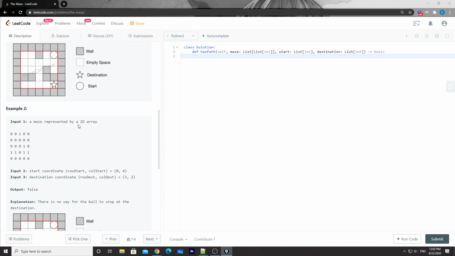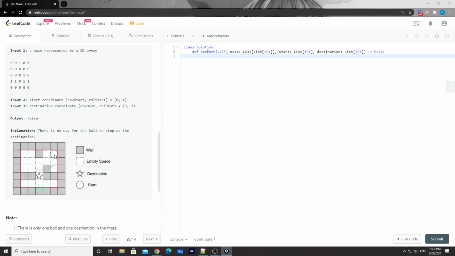And then there's another example here. Same thing. The starting point is the same position, but the destination is somewhere here. But in this case, as you can see, even though the ball can pass through this destination, it won't stop here.